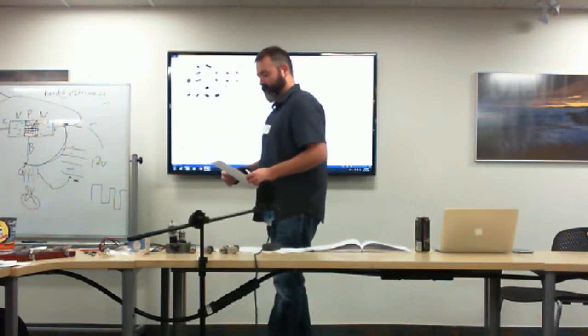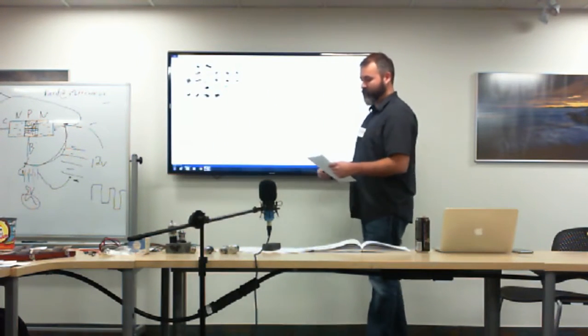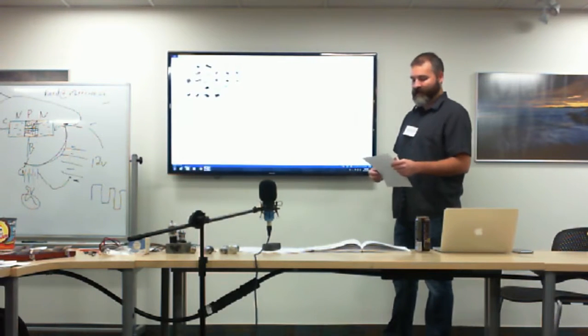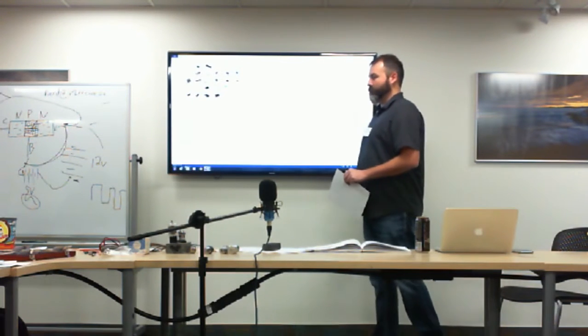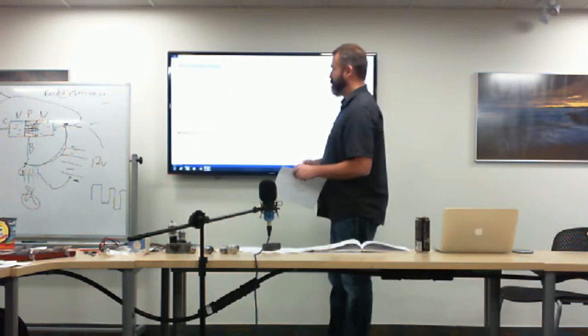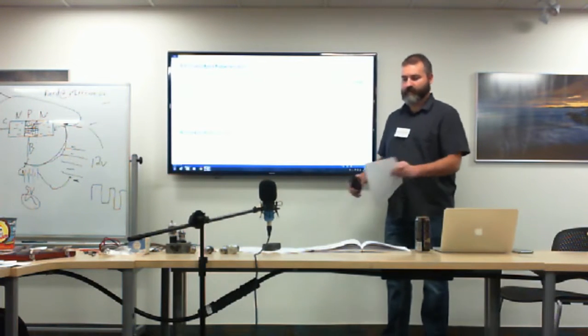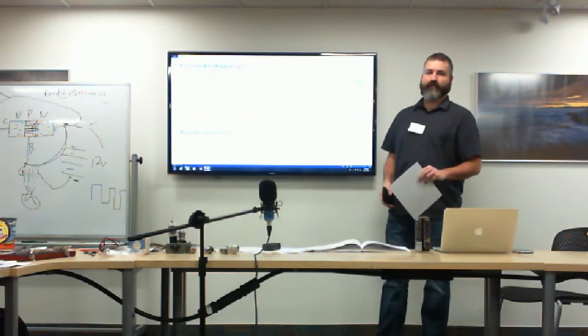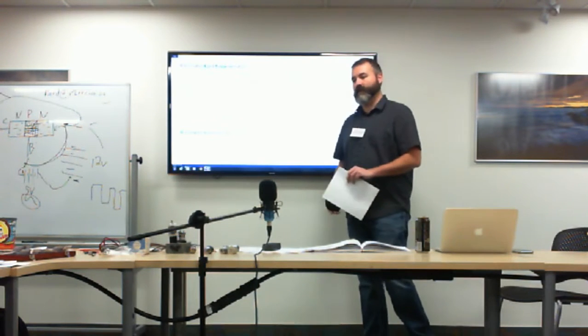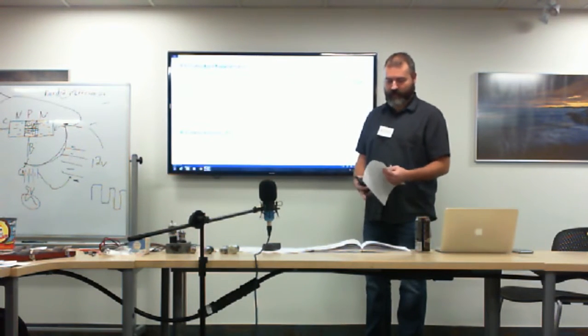Breakdown voltage is the maximum voltage that may safely be applied between the electrodes under any condition of operation. So the manufacturer will say, for example, 50 volts is the maximum breakdown voltage of this device. If you go beyond 50 volts, that device is going to overheat. It's going to release the magic smoke.